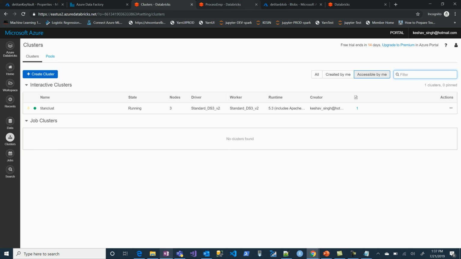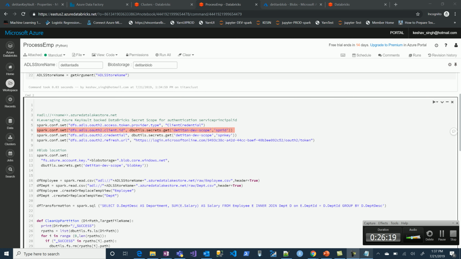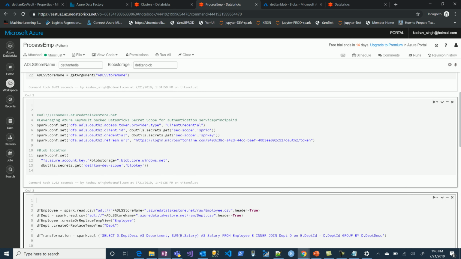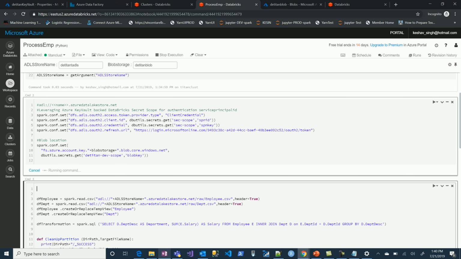Let's see. So I just recreated the scope again with a different name. So just calling it secret scope as of now. And based on that,